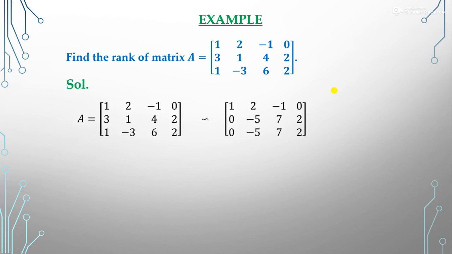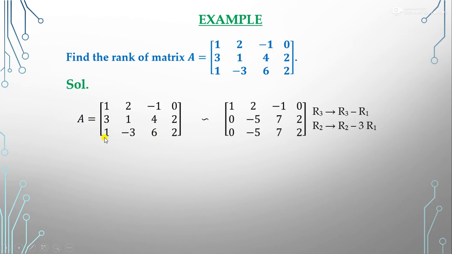So first of all, we have this matrix. To convert it into the echelon form, what is the first motive? Our first motive is that we have to make these elements zero. Below the diagonal, the elements must be 0. So we first make these elements 0, and to do that we have to use these operations.